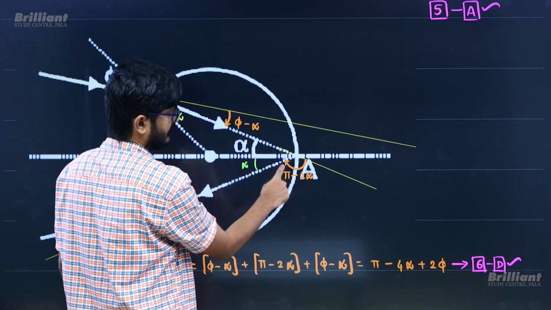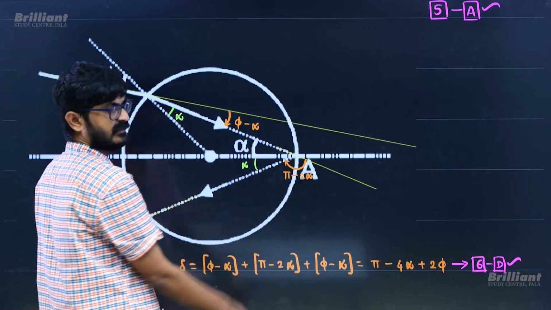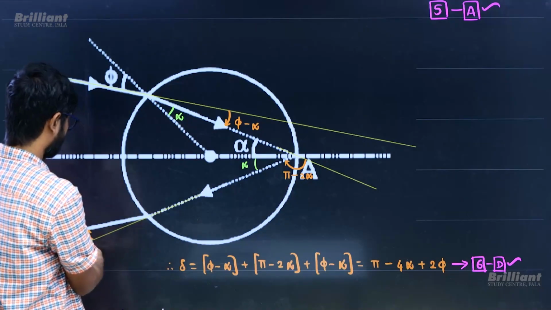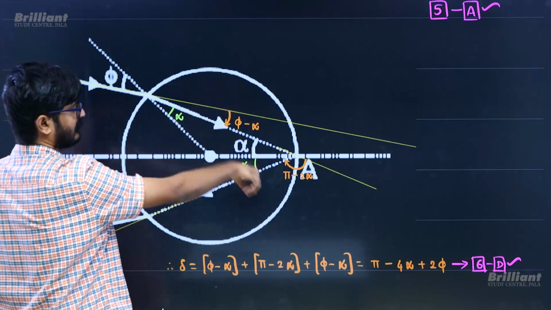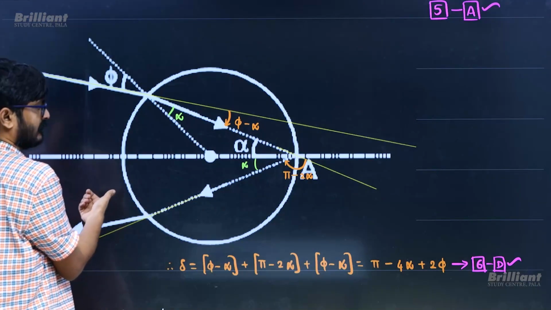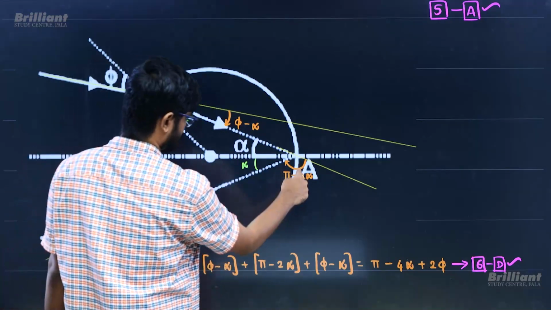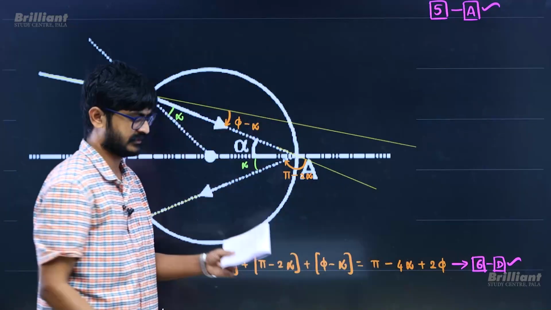So this angle is going to be 180 minus 2 alpha. So it has rotated again clockwise by 180 minus 2 alpha. Again by symmetry I can show you that this angle is going to be phi minus alpha. So here it is phi minus alpha clockwise, pi minus 2 alpha clockwise, phi minus alpha clockwise. So summation of this is the deviation. This deviation plus this deviation plus this deviation will give you this much, which is option D for question number